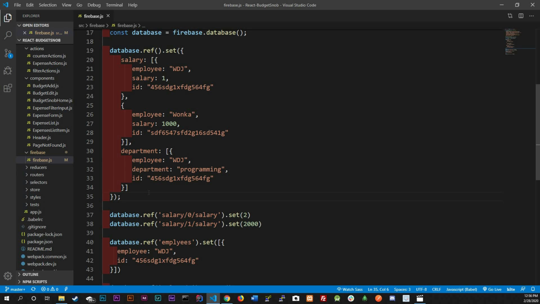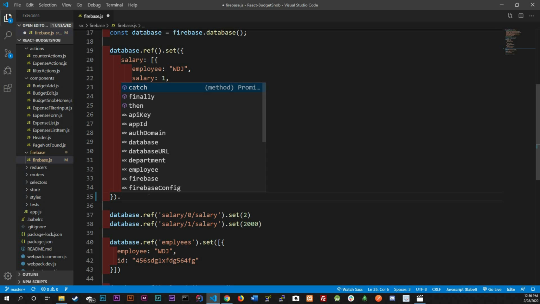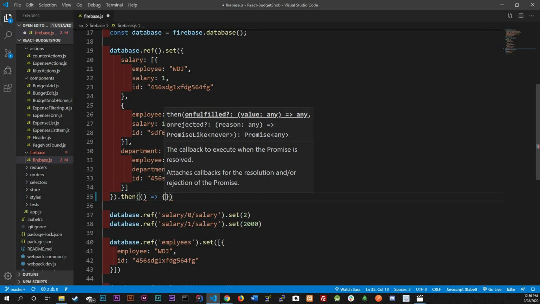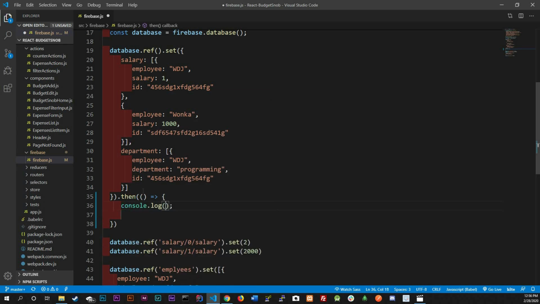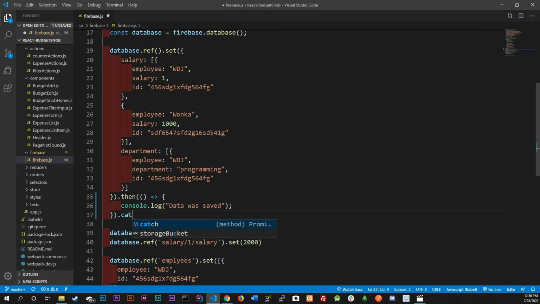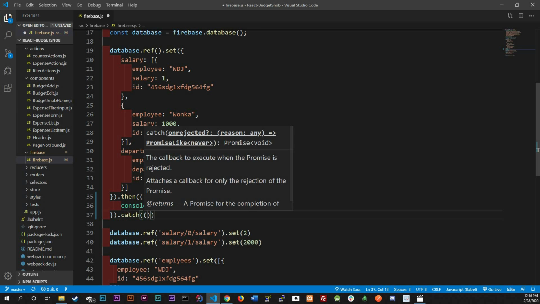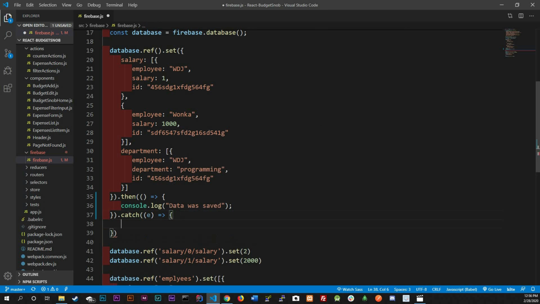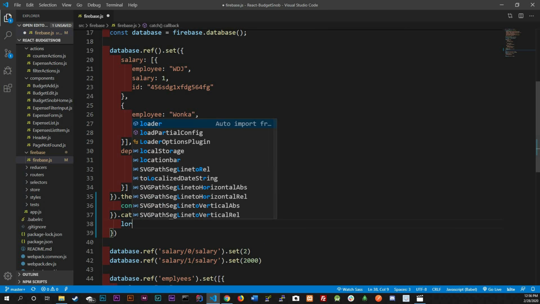So instead of terminating right here, so that way we actually know that the data has been set, we could do a .then, with the arrow functions and whatnot. And we're gonna console log, data was saved, right? And then we're gonna do a dot catch with an arrow function. Obviously, catch always has the argument of error, and we're gonna just log out